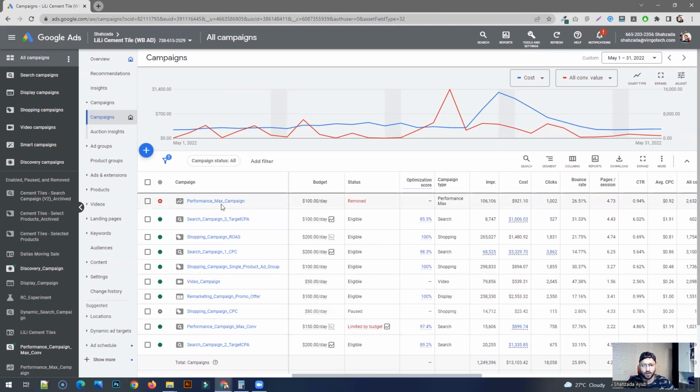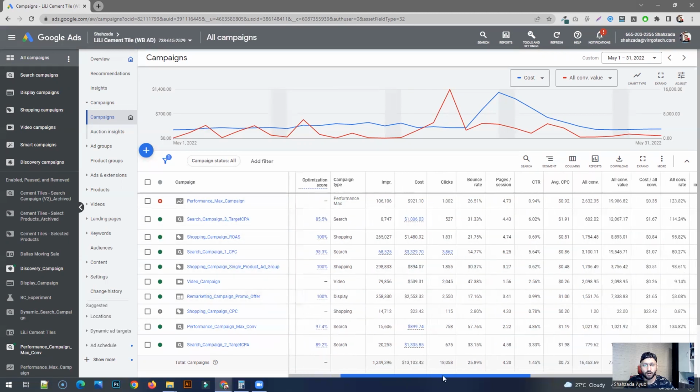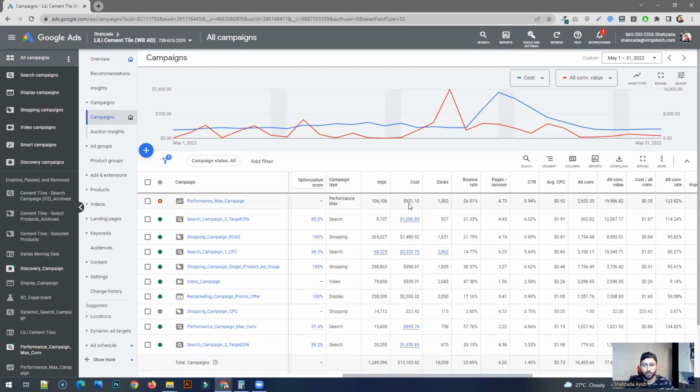So this one has been removed from here because we are now targeting this Performance Max campaign within another account. All right, so we have moved all our campaigns to another account and we are running all of those campaigns there. And the Performance Max campaign has also been moved. So it has been removed from here, but you can take a look at the performance, at the cost of 921 in the time period from May 1 till May 31st, in the time window of 30 days. The campaign spent $921